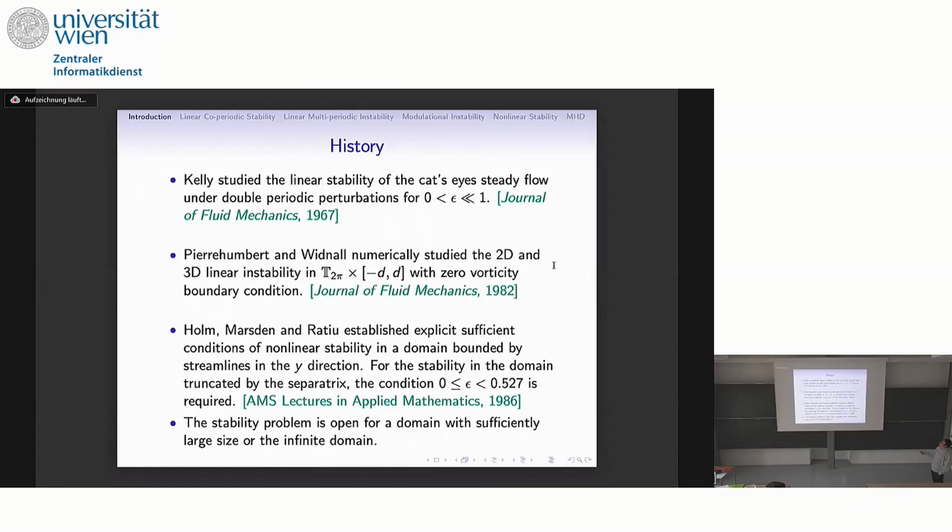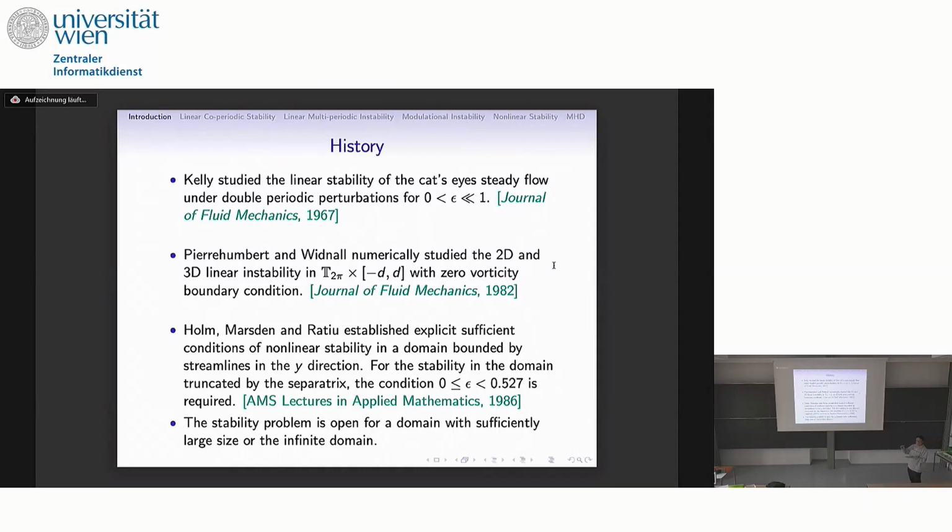When epsilon is very small, he found the instability. Then in the 1980s, Pierrehumbert and Widnall used numerics to study linear stability, but they needed to do a